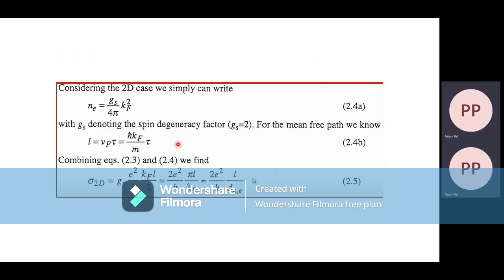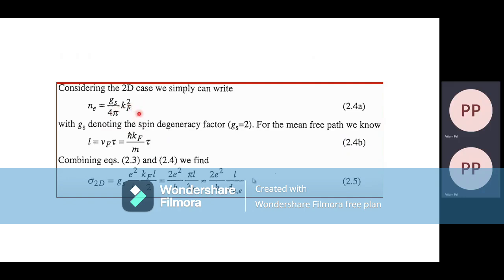As you know, the density in 2D is proportional to the square of the Fermi momentum, k_F, with the coefficient g_s, which stands for the spin or valley degeneracy,